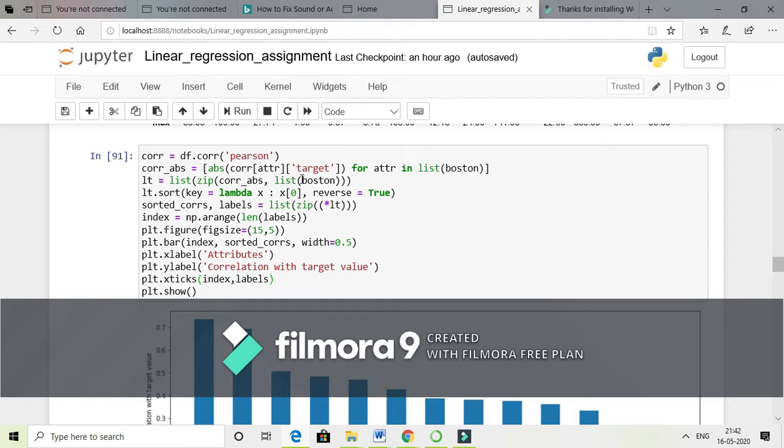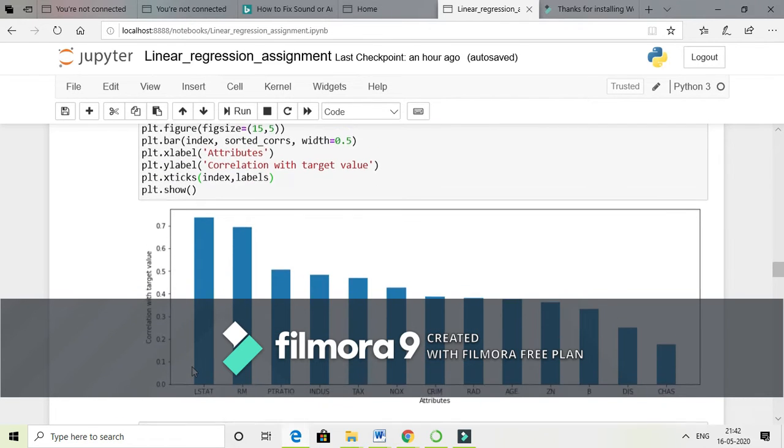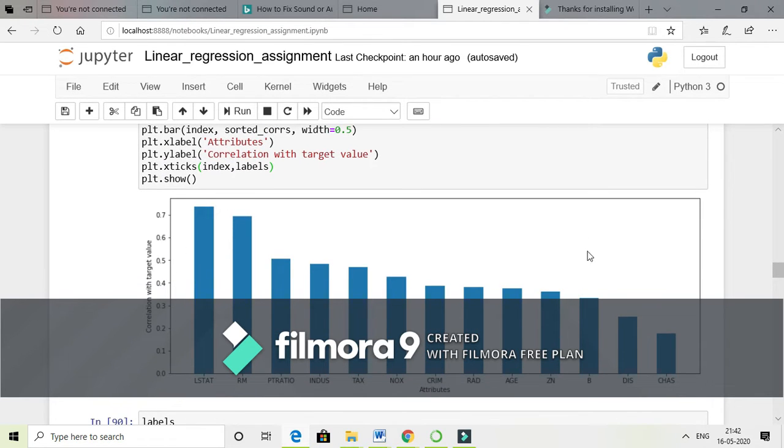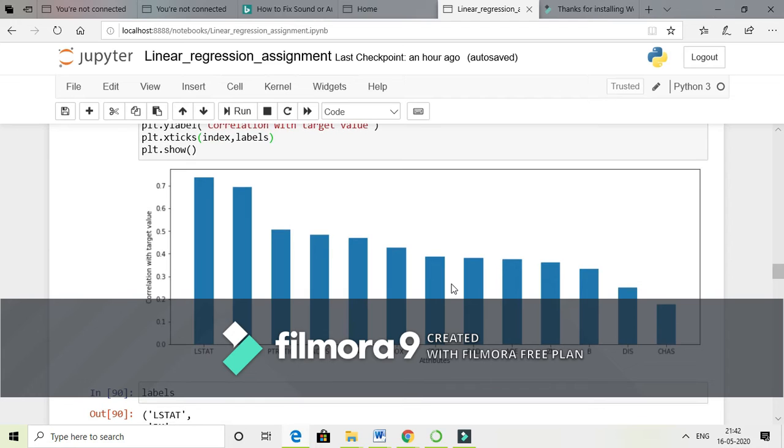So we'll be zipping the absolute correlation values along with the features, and we'll be sorting this list in descending order, and then we'll unzip it to get two separate list values, and then it will help us plot such a kind of a bar graph. And from this bar graph we can see that LSTAT, the feature that I mentioned before some time, has got the highest correlation with our target value.